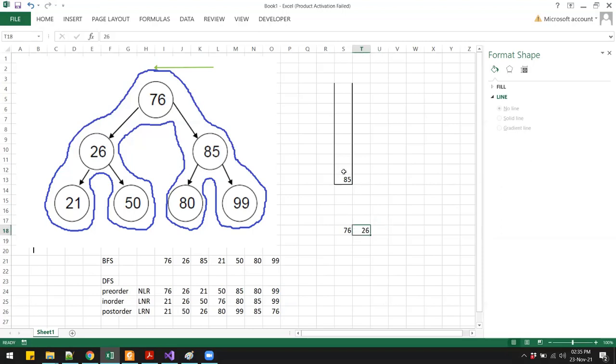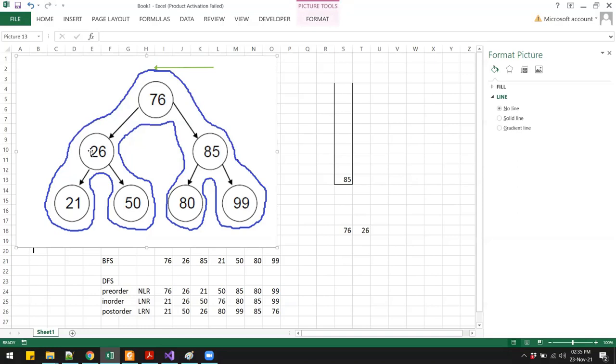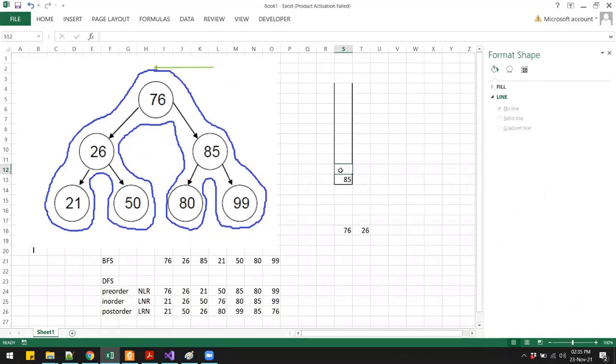So we get 26, and then you will go to that particular node, and then once again you will repeat the same process. You will push the right and the left child, which is 50 and 21. And then after pushing, you will pop. So when you pop 21, you get that 21, and then you print. So this 21 is gone.